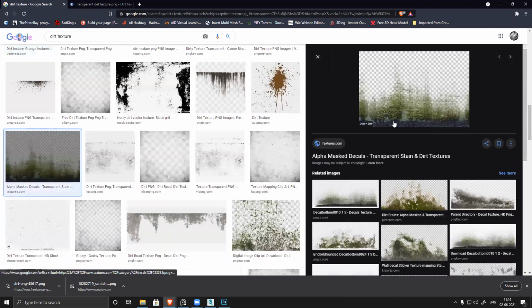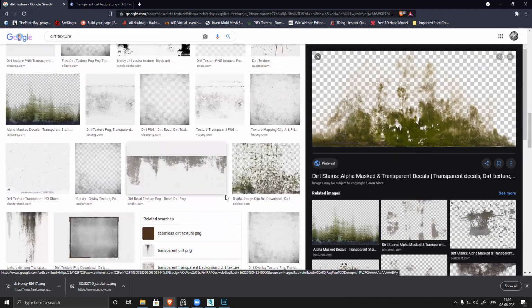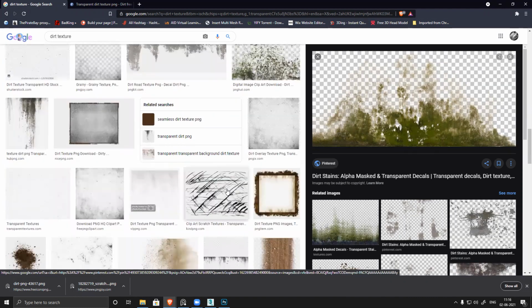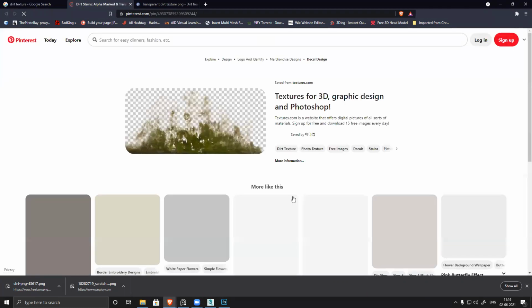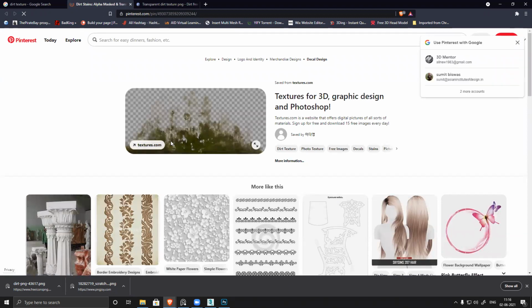And you can see, if I want, I can use something like this also to create this mossy effect and all. It's in texture.com.